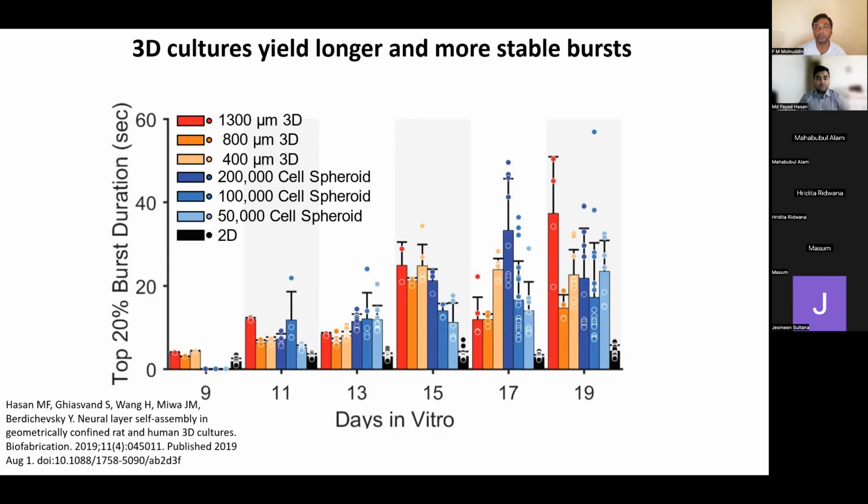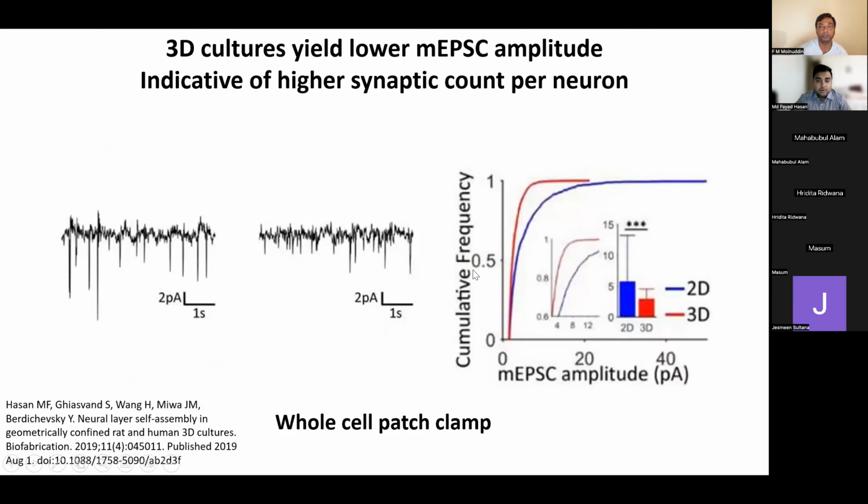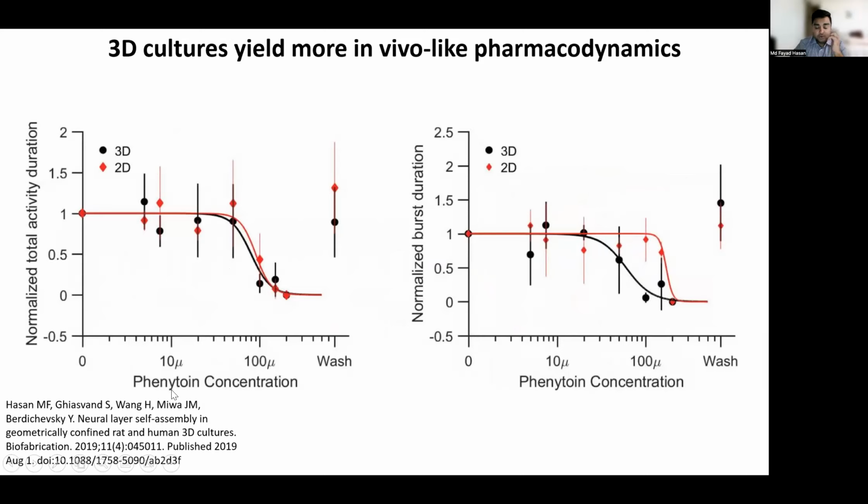So why do we use it? Then what we did was we screened different types of epileptic drugs on them, and we saw that these drugs actually work on these cultures. Here you can see that when there are no drugs, the cultures are bursting like crazy, and when you add more and more drugs at a physiological concentration, the burst decreases and eventually goes away. This shows that these cultures can be used as a